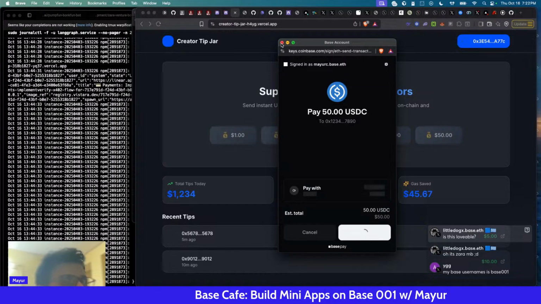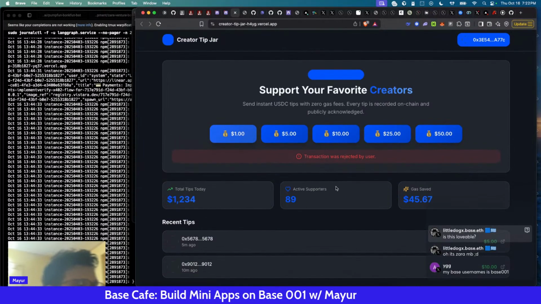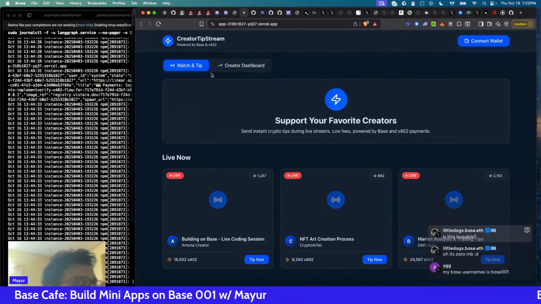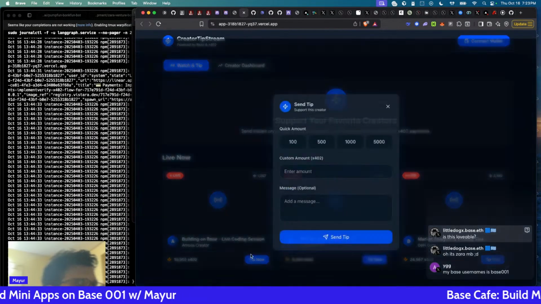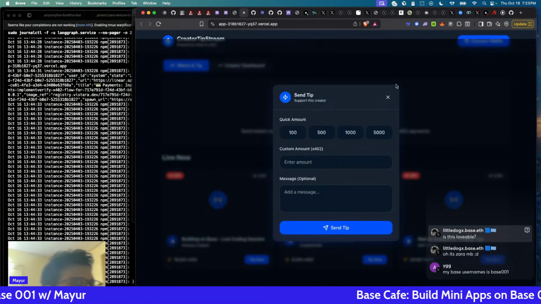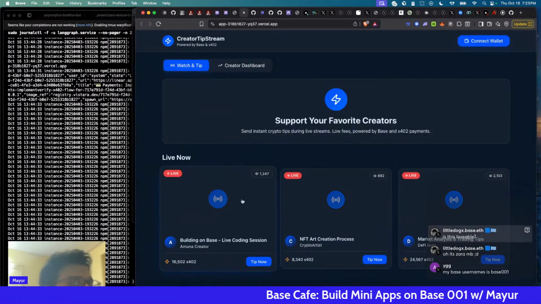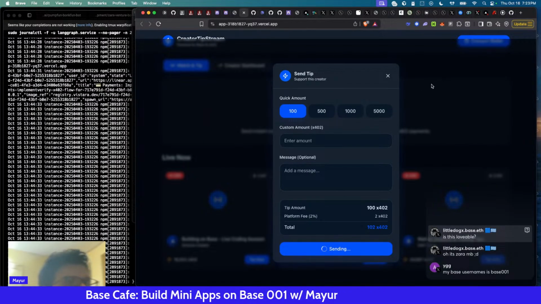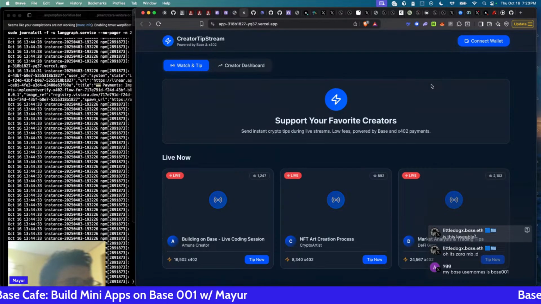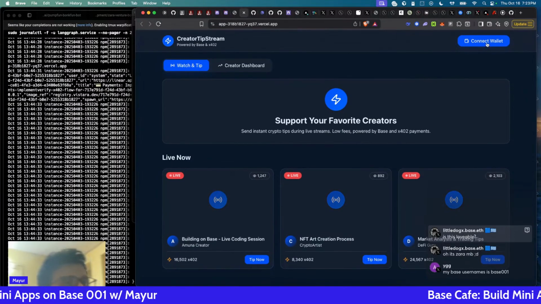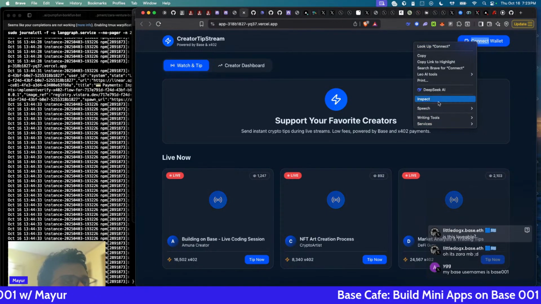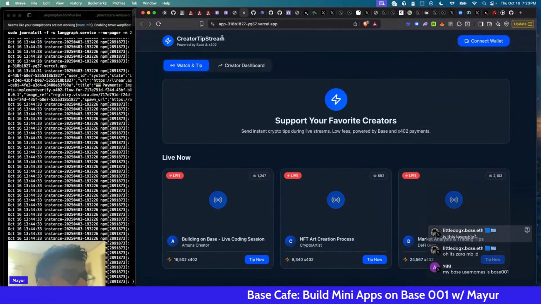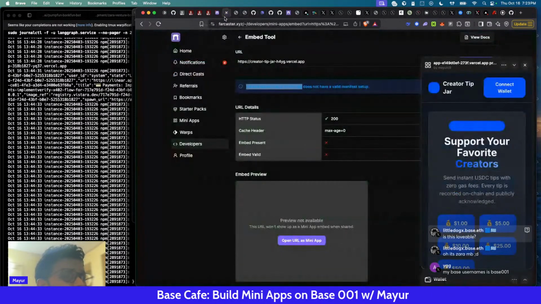I could try and show you what other functionality this has created. Yeah, so we have Tip Now right here as well. This is the other app. You can do the same thing and send a tip, but since the wallet connection is, okay, so it worked, and the Connect wallet is somehow failing. But this is what you get right away